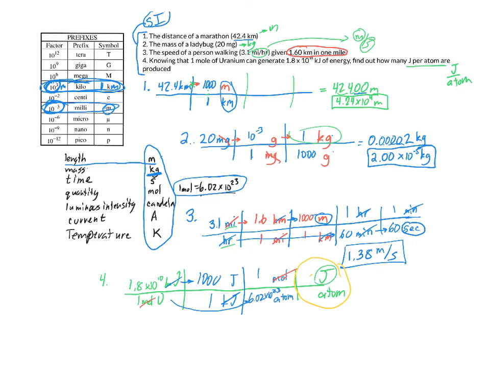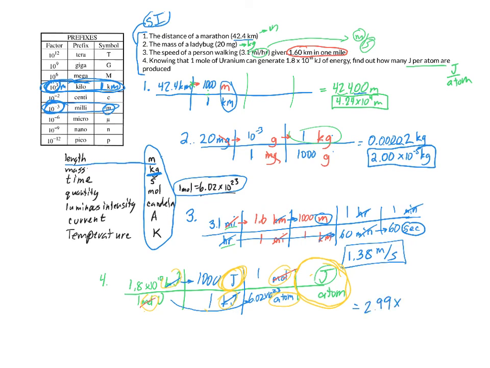You'll notice that at this point, the units on the top canceled out, leaving me with just the joules. And on the bottom, moles and kilojoules cancel out, leaving me with just atoms, and that is exactly the units that I need here. I'm just dealing with the dimensional analysis, just dealing with the units. So at this point, I can multiply my 1.8 times 10 to the 10th by 1,000, and divide by anything on the bottom. Again, you don't have to worry about the ones, but the 6.02 times 10 to the 23rd is good. And we should get our answer when we do that, which is